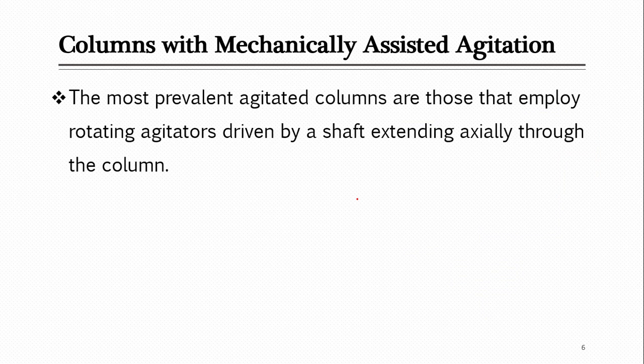Okay, the most prevalent, which are usually used here in industries, are the agitated columns, which imply rotating agitation. Suppose you are not using static columns, like plates or packing beds, you can just use simple columns in which there is a vessel and a rotating element. They usually consist of a shaft, and that is connected